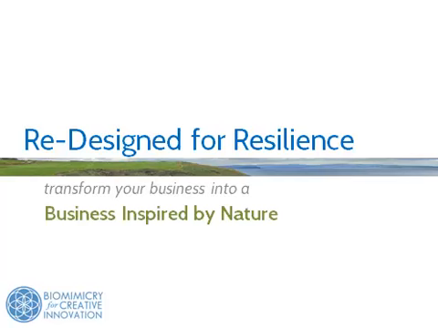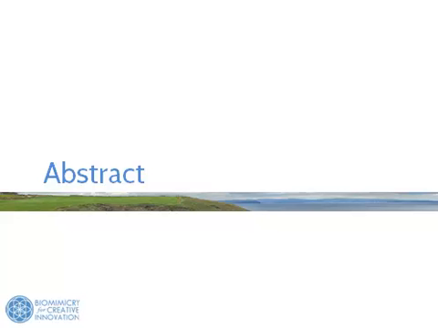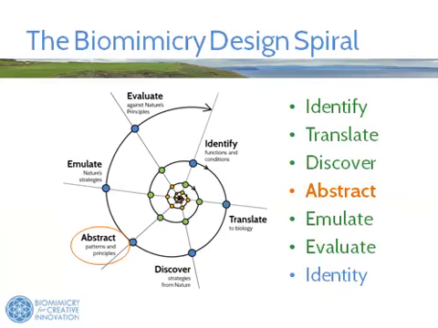And during this workshop we're stepping through the design spiral and now we're on to the abstract phase. And here's where it sits in the spiral. So you've identified your business design functions, the things you want your design to do. You translated those functions and then the conditions, operating conditions, into biological terms, and you just got done discovering many of nature's amazing models and strategies for performing the functions that you've identified that you want your business design to perform. I hope you had a fantastic time doing that, and I hope it really busted open the world of